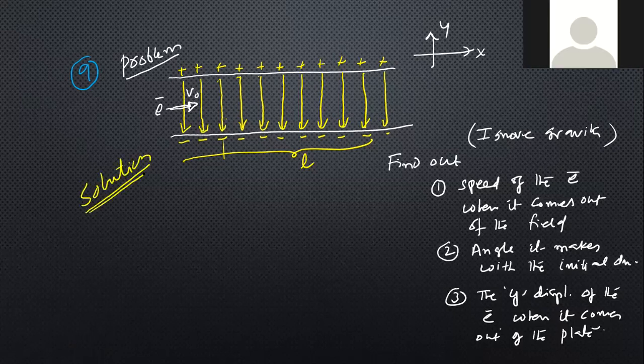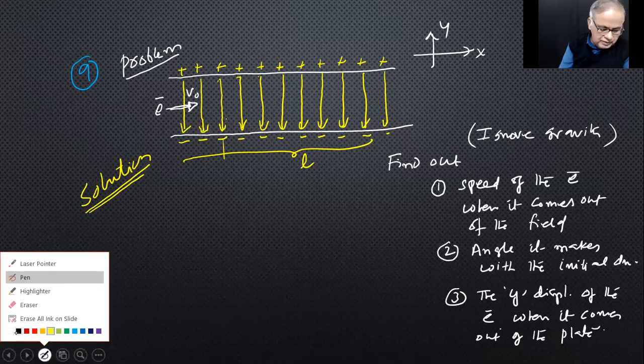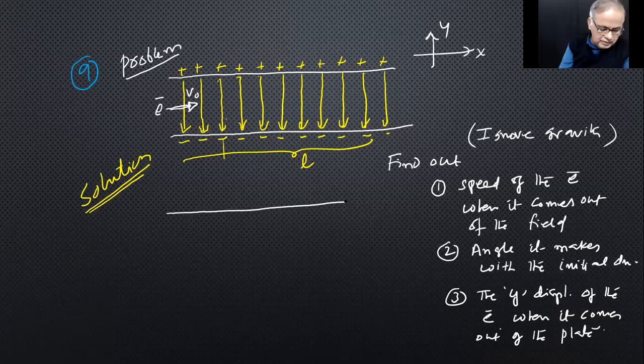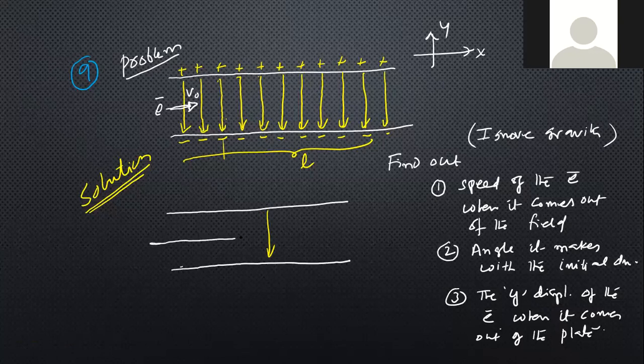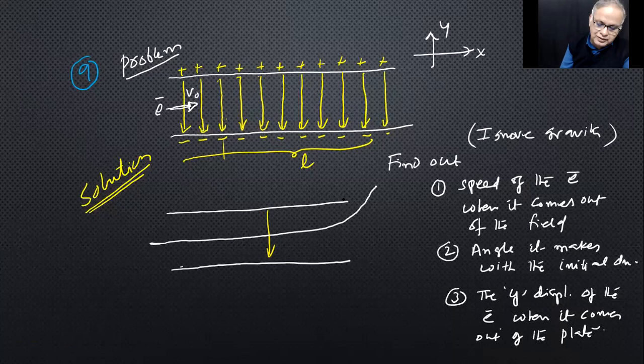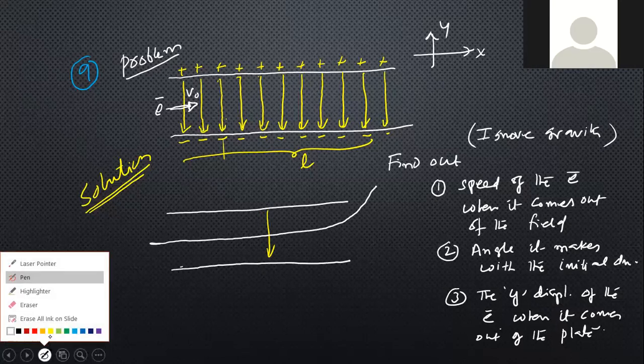We can find out the acceleration, but before that, let us look at the whole thing for a while. We have seen it already in our earlier discussion. If E was like that all over, how will the electron move? Upward it will curve, like that it goes. Whether it just leaves this place or hits the plate is not given here, because he already says it goes out. Do you follow my point?